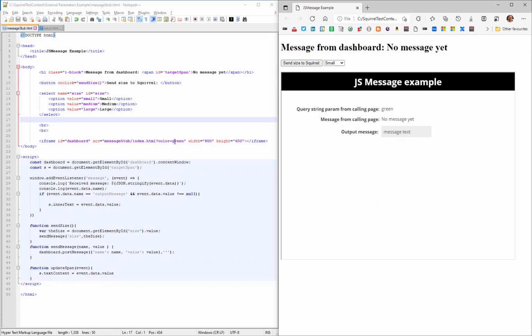But also we can send data in when the dashboard is running. We do that through the JS messages. We saw wiring that up in the project. And in this case, the JS message comes in when I click this button. And so we see there's no message come in yet, but if I click send size to Squirrel, I get small. And if I pick large, then that's large. So that button is invoking a function which is sending a message into Squirrel, which is then reflected in the